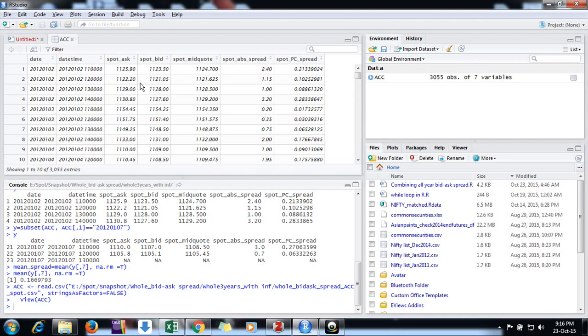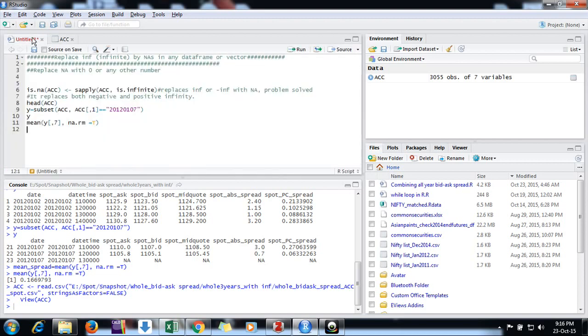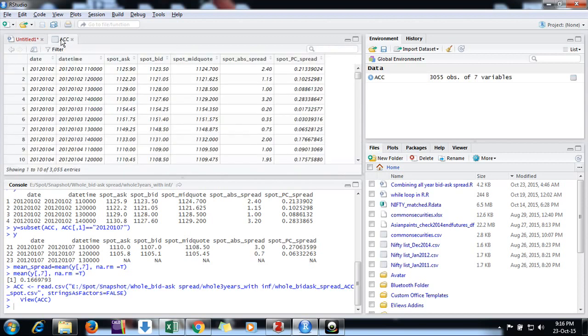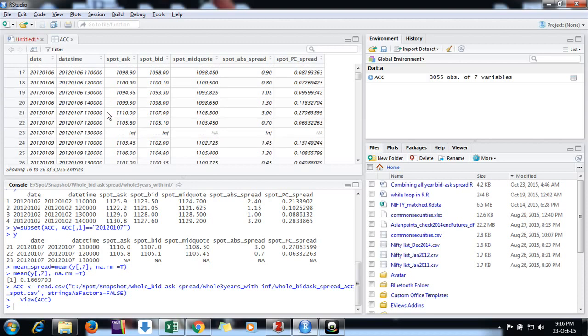Today we'll discuss how to get rid of infinite values in R. Sometimes, when you make a loop for a long duration using high frequency data, per hour or per minute data, then because of data manipulation or data unavailability, we end up with some values that are either positive or negative infinite, like Inf, minus Inf. So these infinite values can create problems when we make a further loop.